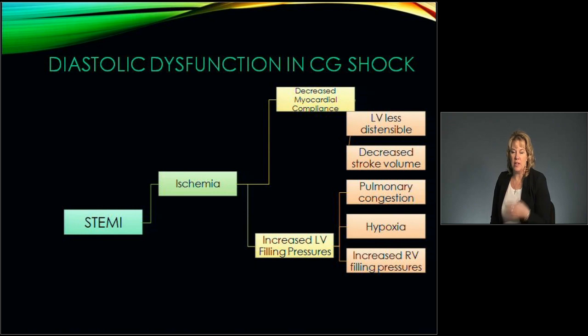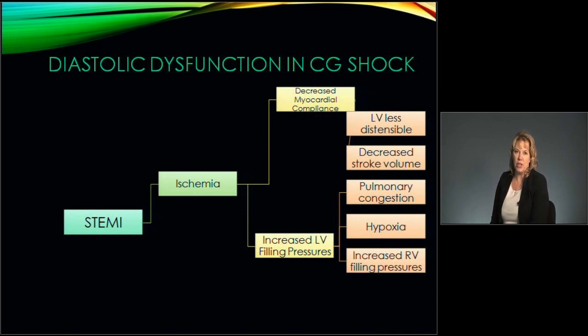So again, when they're experiencing ischemia, as we see with a STEMI or an ST elevation MI, we'll see an increase in left ventricular filling pressures and decreased myocardial wall compliance. So the ventricle becomes very stiff and the pressures start to increase within the ventricle. When the left ventricle is less distensible, that increases pressure, decreases stroke volume, and again can cause back pressure